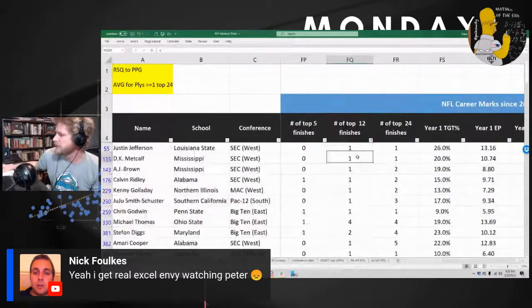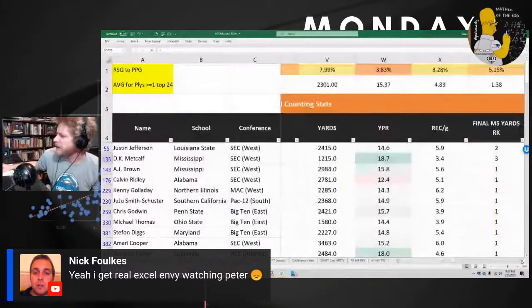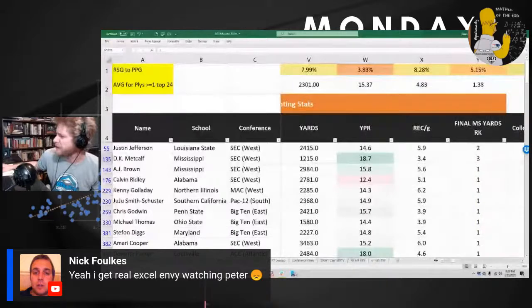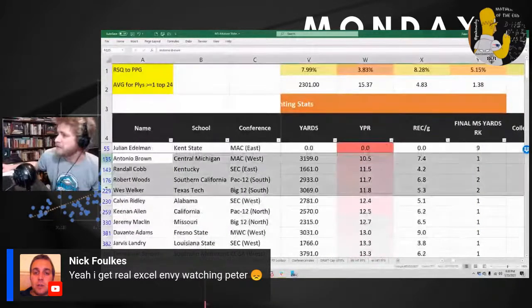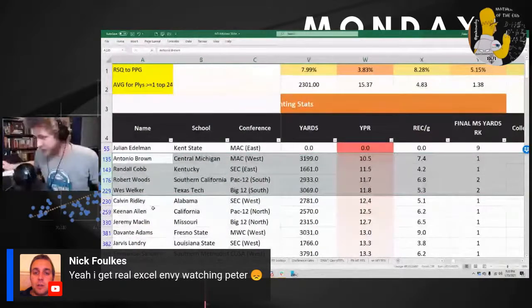Look at some definition of successful players. I don't think I've tested yards per reception against itself into the NFL, to be fair. Okay, dude. Okay, here's a better list of names because I get that Jefferson's triggering you.